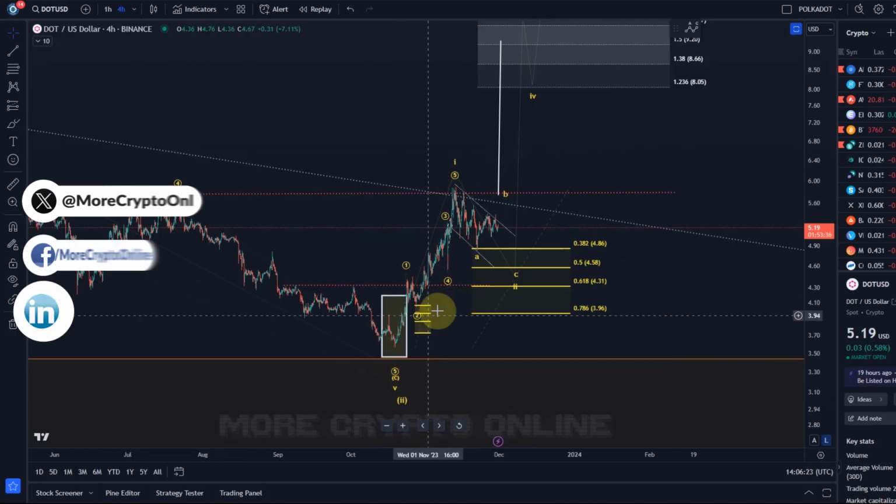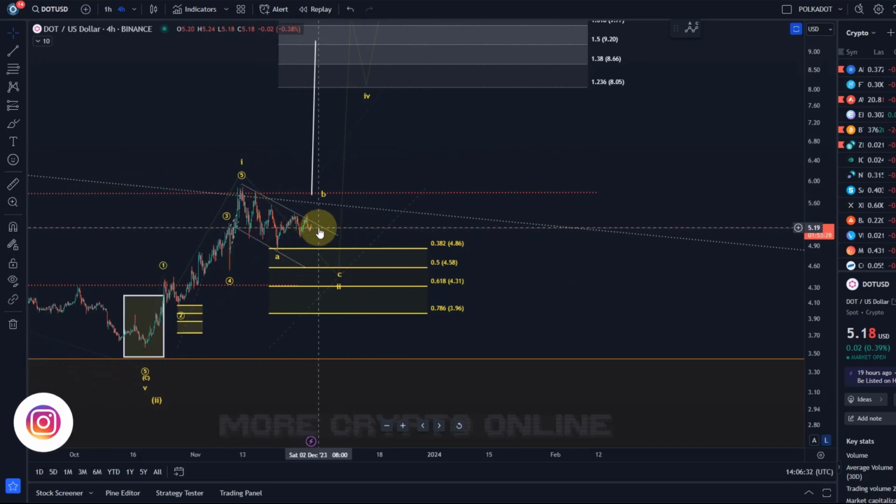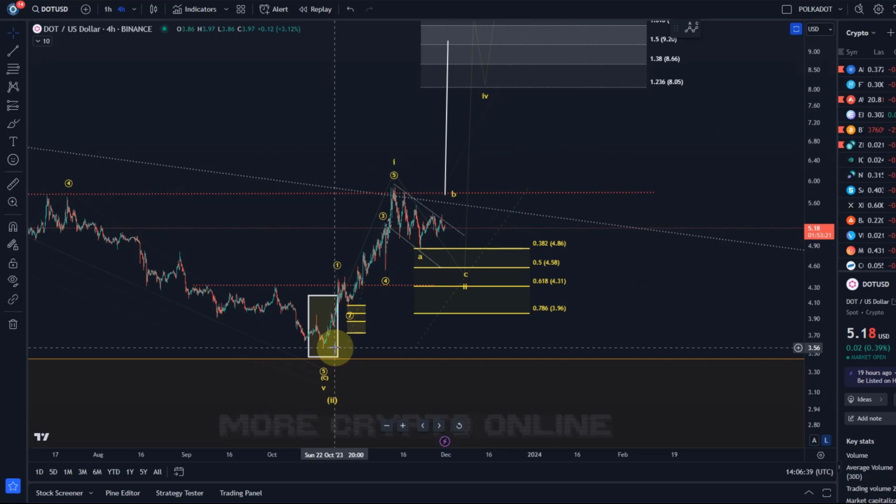Yeah, the situation on the Polkadot chart is still the same. DOT is still moving in its corrective structure. It might be this kind of sideways correction that's currently playing out as a B wave potentially. We are going to talk about that in a minute, but first of all, for anybody who's new on the